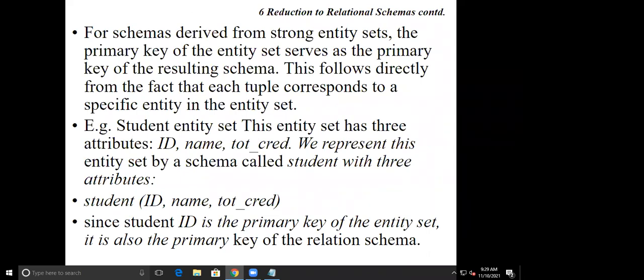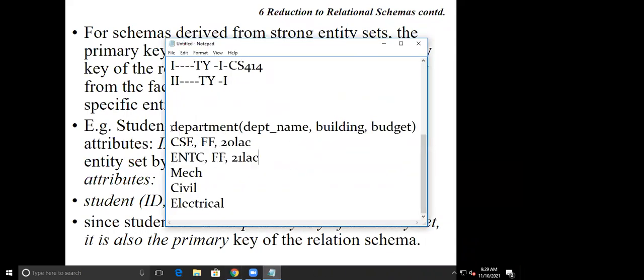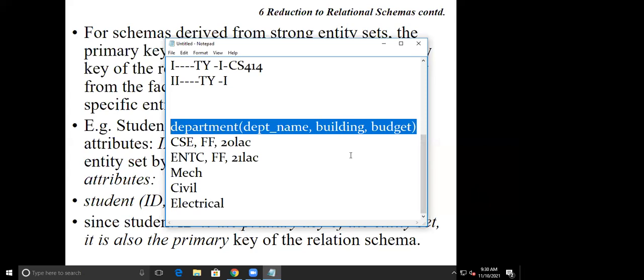For the schemas derived from the strong entity sets, the primary key of the entity set serves as the primary key of the resulting schema. So this is my schema of the department relation, a department entity. Department is my entity set.